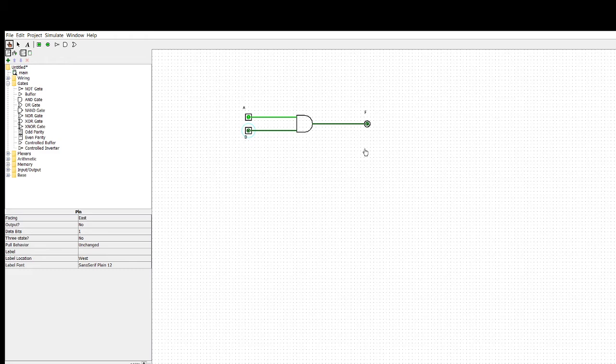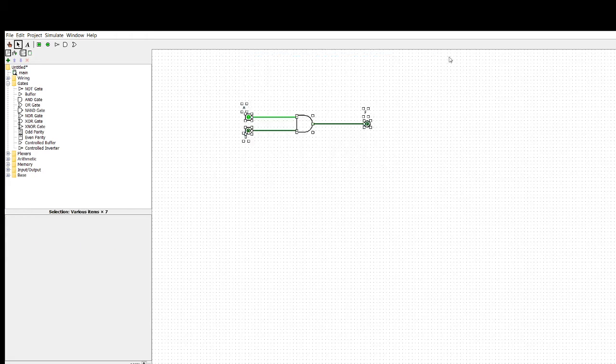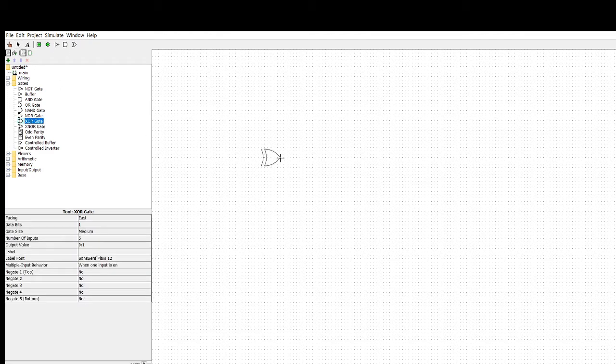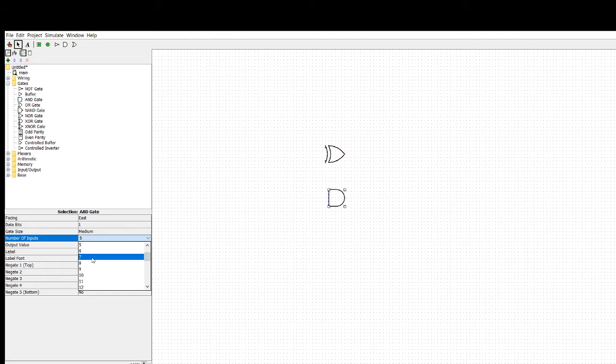Similarly, I will explain how to construct a simple circuit. Let us take a half adder. So how to construct a simple half adder circuit. I will select everything and delete it, and I am going to take an XOR gate. You cannot find the XOR gate here, so I will take the XOR gate from somewhere here. The number of inputs for the XOR gate is 5 by default, so I am going to change it to 2, because I only need 2 inputs. And I need an AND gate. Select it, place it here, and the number of inputs needed is again 2.